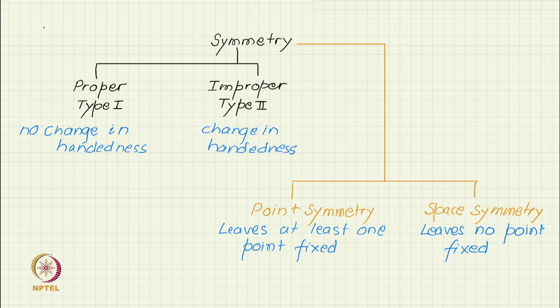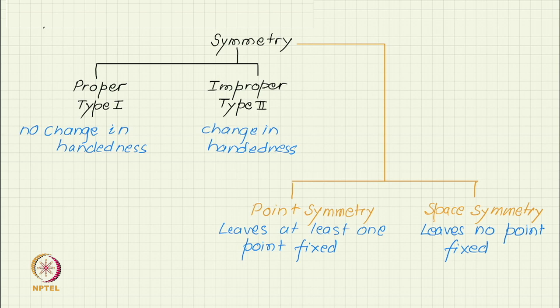Here we are seeing some examples. I had given you this classification, that proper or type 1 is where there is no change in handedness. So from here also you can see, if the object possesses only type 1 symmetry operations, then if you apply a type 2, it will become a different handed object. But if it already possesses an improper type 2,